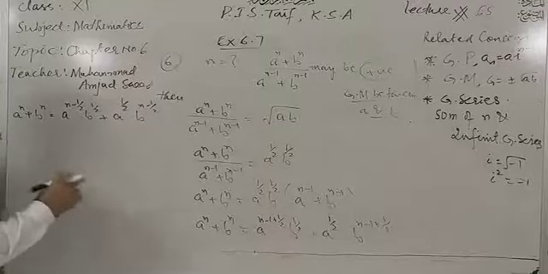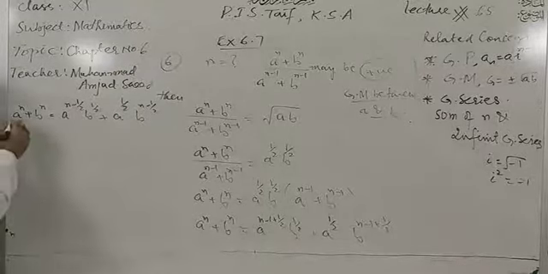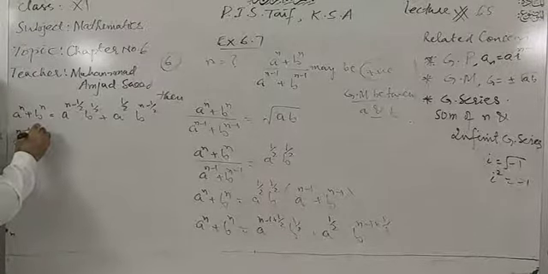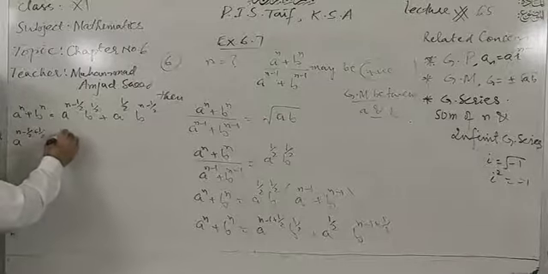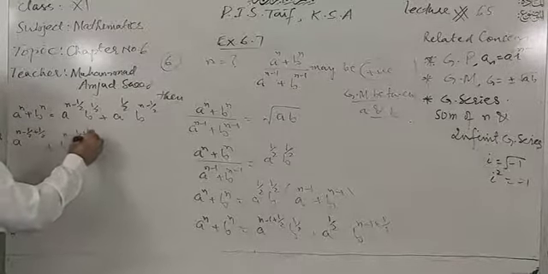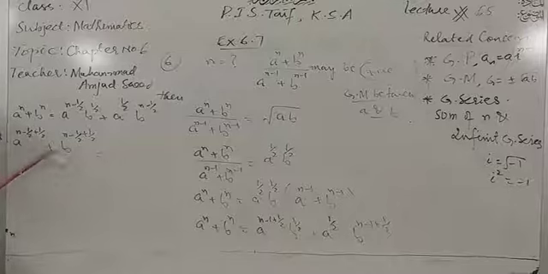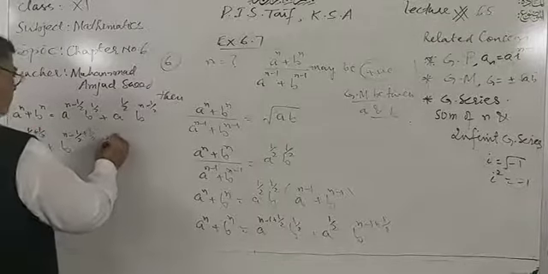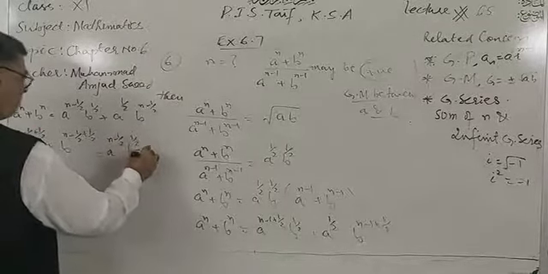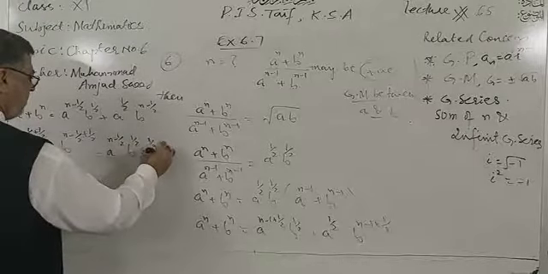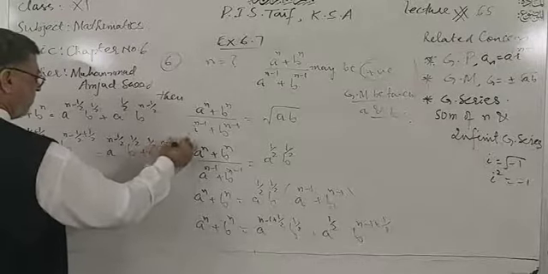Now, dear students, look at your left hand side and be careful. I am writing down a^n as a^(n-1/2+1/2) plus b^(n-1/2+1/2). Remember that minus half plus half cancel out in both cases. You can get this again, but I have written it because of your right hand side terms: a^(n-1/2) b^(1/2) + a^(1/2) b^(n-1/2).